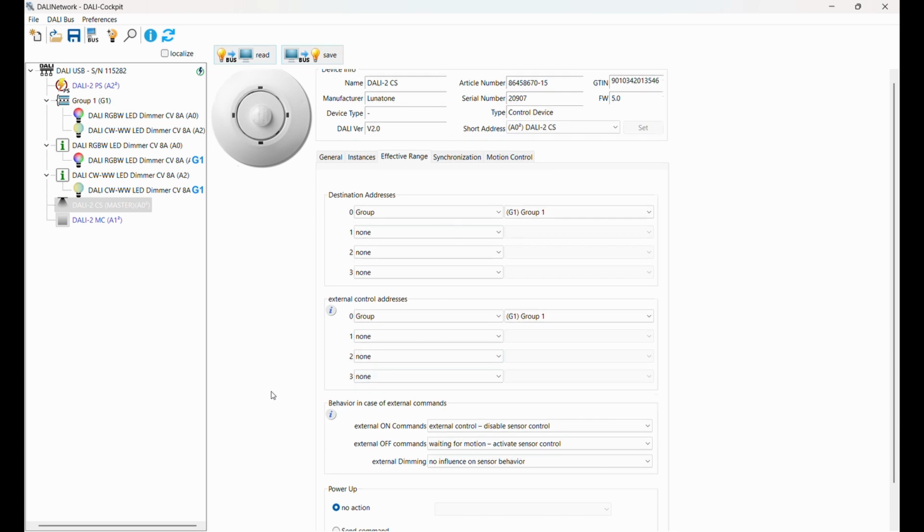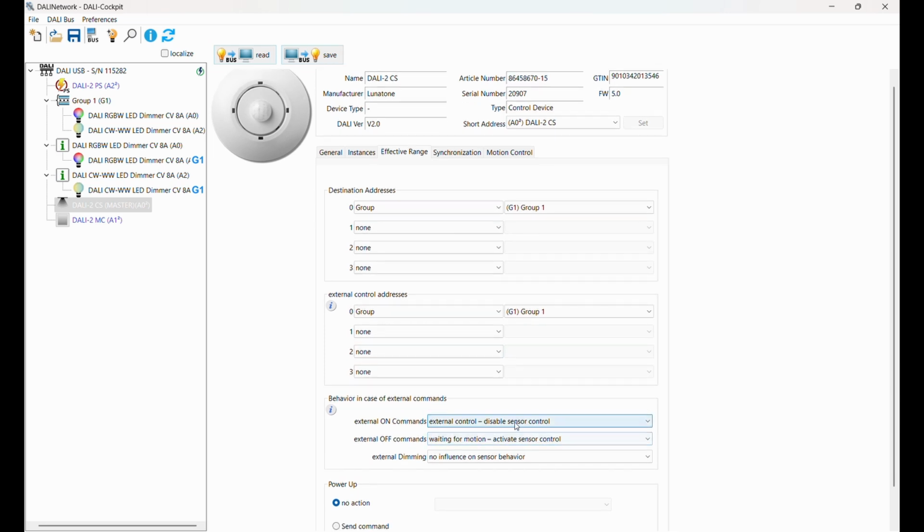Configure external commands. Under the section External Commands, we can set how the sensor behaves when seeing other control commands on the DALI bus sent to the external control address. To meet our application requirements, I will set the on command and dimming command to external control. Disable the sensor such that the full control lies with the person in the room. For the off command, we wish to enable the sensors again and set this to waiting for motion, activate sensor control. Finally, under the Motion Control tab,